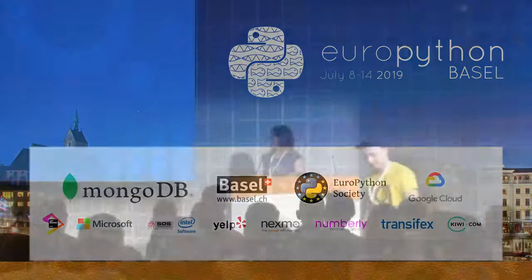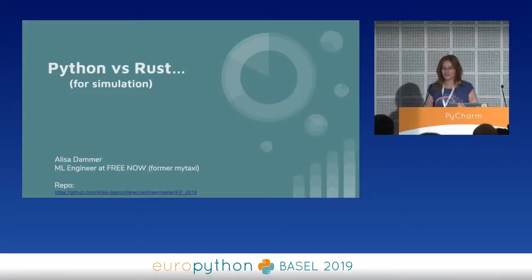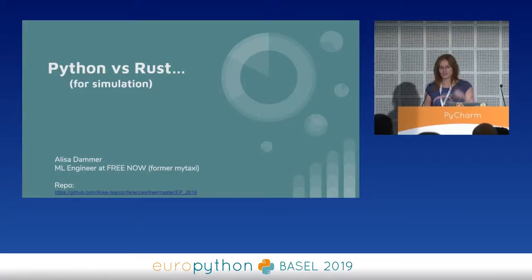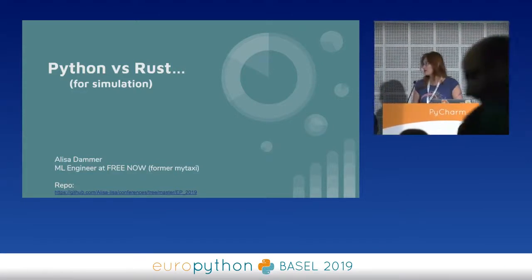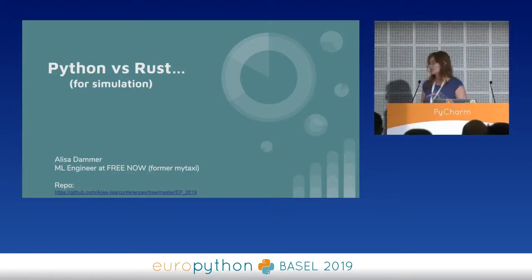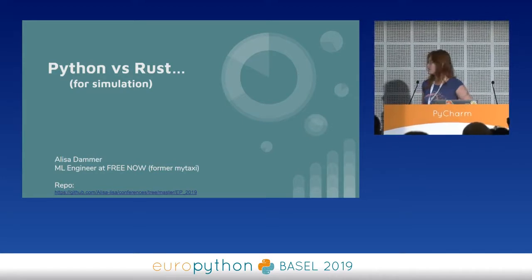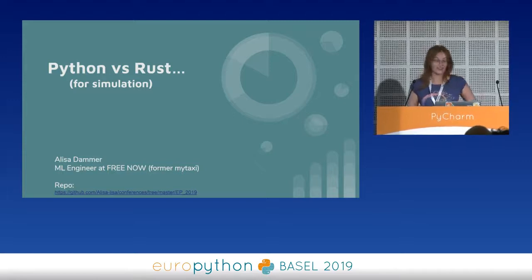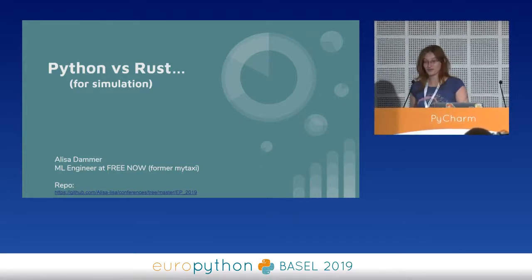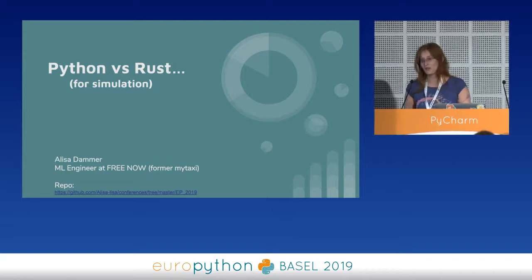Hello, everybody. I'm recently a machine learning engineer at Freenow, formerly MyTaxi, and I do a lot of backend development and putting models from our data scientists onto production. Not only just putting them into a web service or into some batch jobs, but trying to optimize them so that we have a certain threshold on our performance. This is also why I stumbled across Rust, and as the previous speaker here told you about PyO3, I also tried it out and it was very promising.